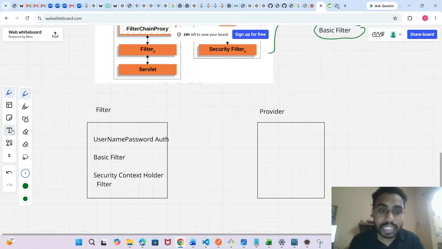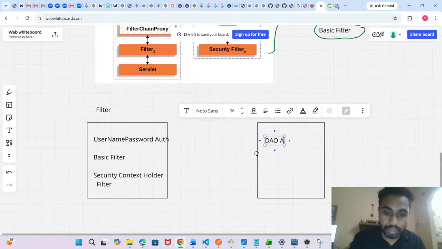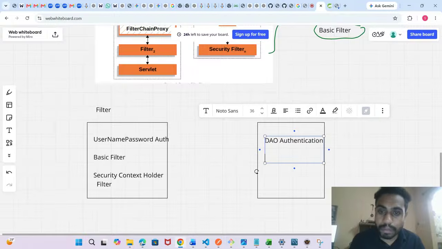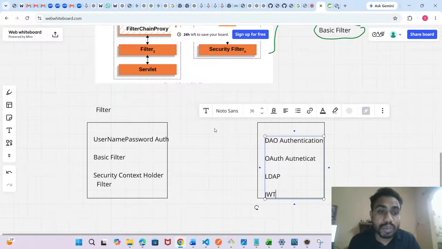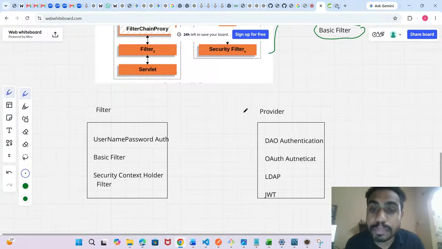One is the DAO authentication provider, and the LDAP authentication provider, and the JWT authentication provider. So based on the filter you use, the respective provider will be triggered, and your provider is part of the Spring Boot container, guys.